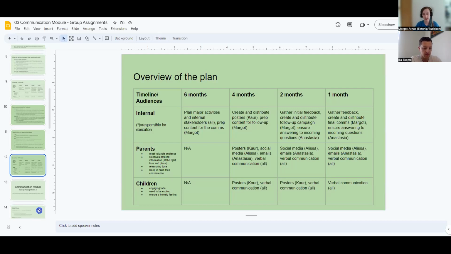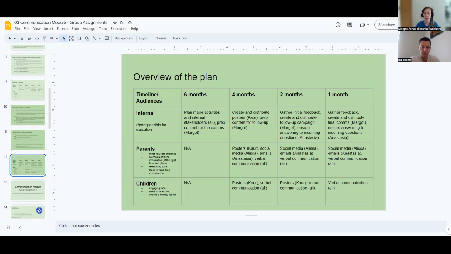We think we need about 4 months in advance an initial campaign with visuals, with posters, which we could post in schools and kindergartens, because the age is 5 to 11. So it's both the end of kindergarten and the start of school. Then Kaur would be responsible for creating the posters. We could also share the information with our known trainers inside our own training groups and so on. Then about 2 months before the event,